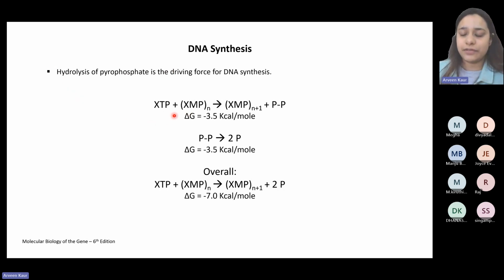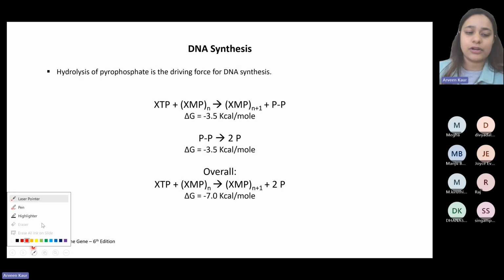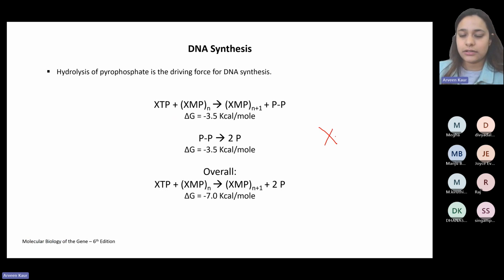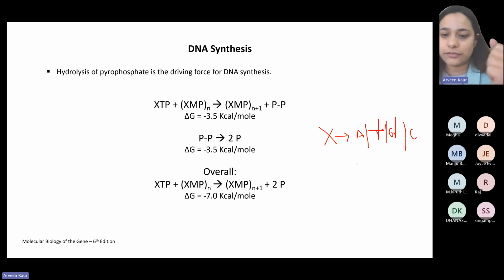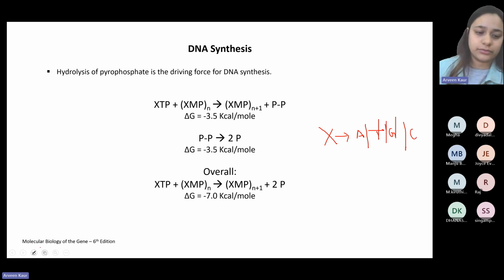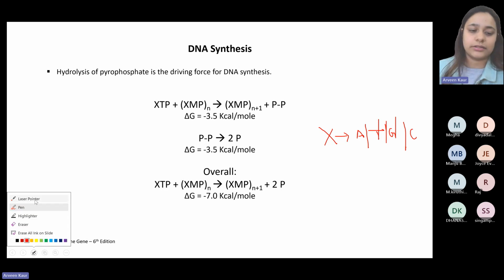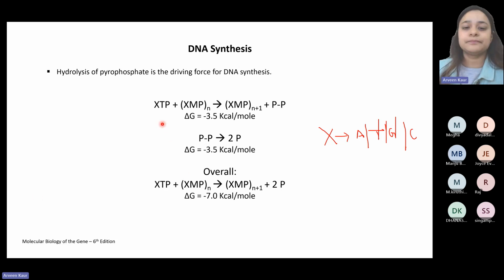So, if we talk about any phosphate to speak of, over here, X represents any of the nucleotides, for example, A or G or T or C, right? So X over here could either be A or T or G or C. Since I have not written it in a key over here, I hope it is very, very clear to you guys. But despite that, I have written it for now.